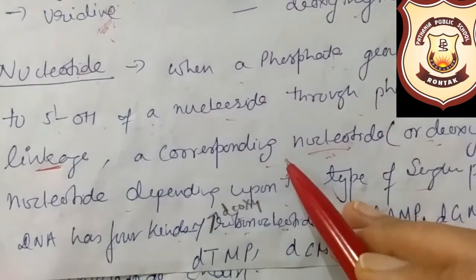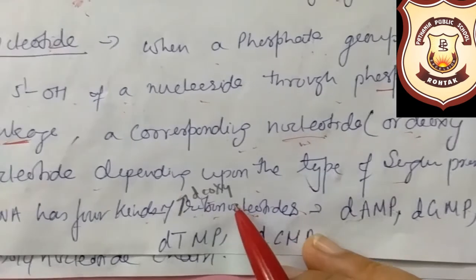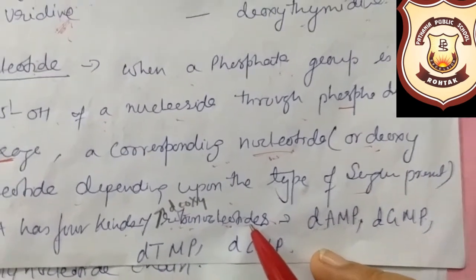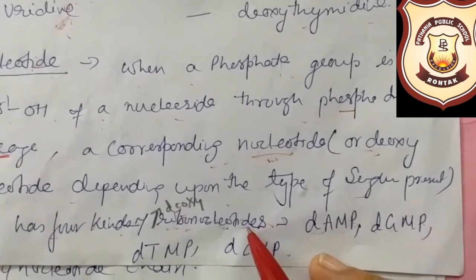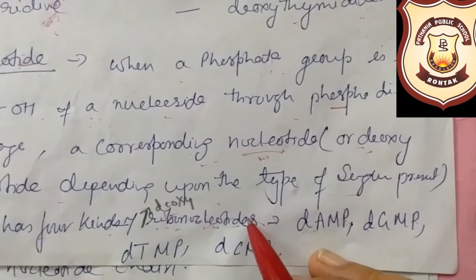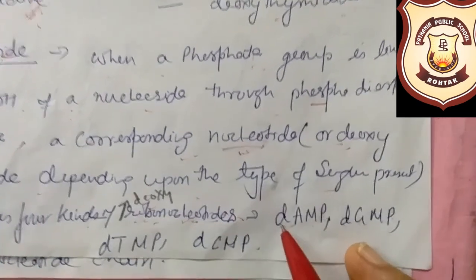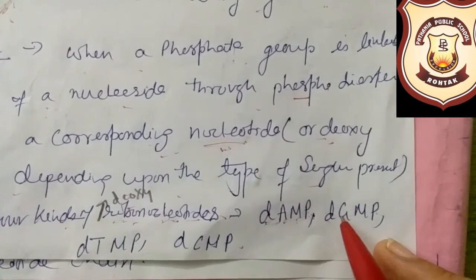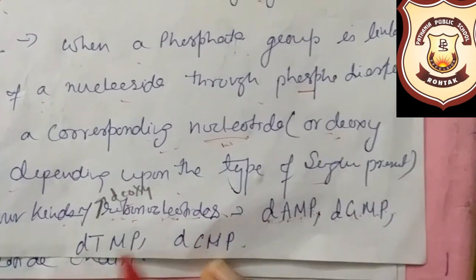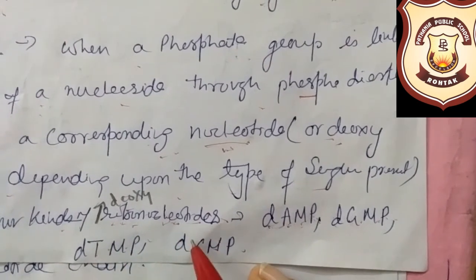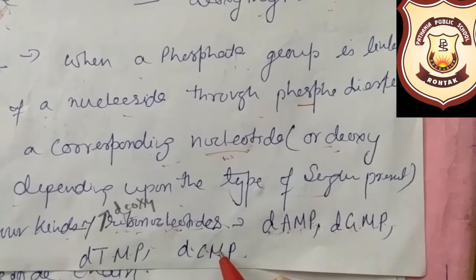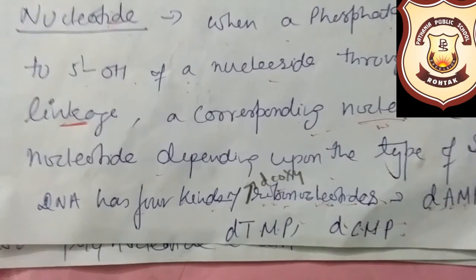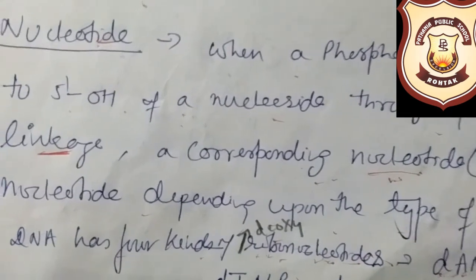So deoxyribonucleotides are deoxyadenine monophosphate, deoxyguanine monophosphate, deoxythymine monophosphate, deoxycytosine monophosphate. That way these are the names of the various types of nucleotides. Now we are saying that a polymer thus formed has one end of the, just a minute,